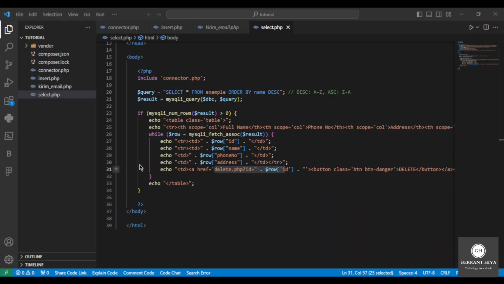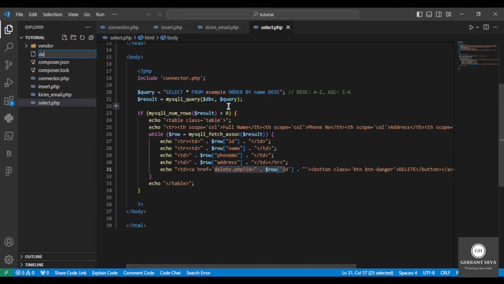In the last video, I explained to you how to make select query and insert query using PHP. And in this video, I will show you how to make update query and delete with PHP. Okay, now in your Visual Studio Code, make a new file, name it